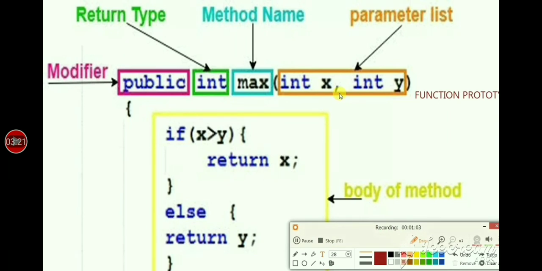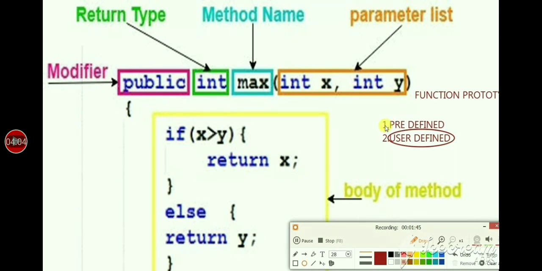As we know, functions are of two types. The first one is the predefined function, which is also known as the primitive function. This primitive function is provided by the system. The second one is the user defined function. This user defined function is created by the user. Today we are going to learn about user defined functions.